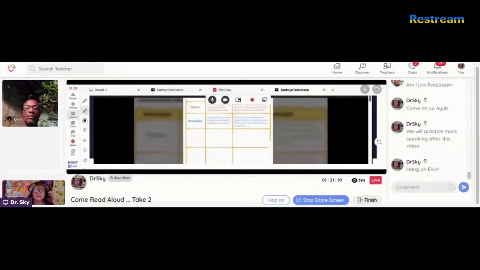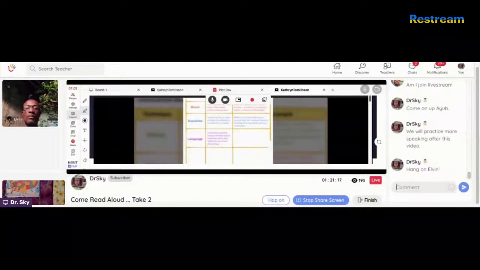Authors craft their text with very purposeful language. This is a thoughtful selection of the vocabulary, the nouns, the sensory words, the vivid verbs. These thoughtful selections of words help make the text much more interesting. Look at this example.